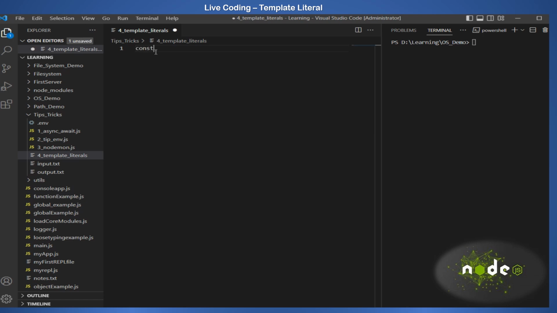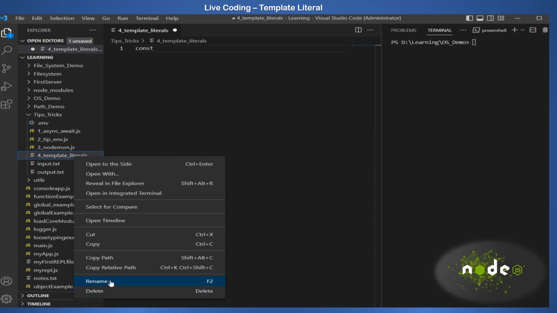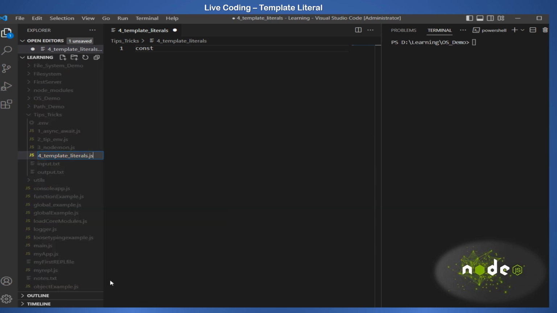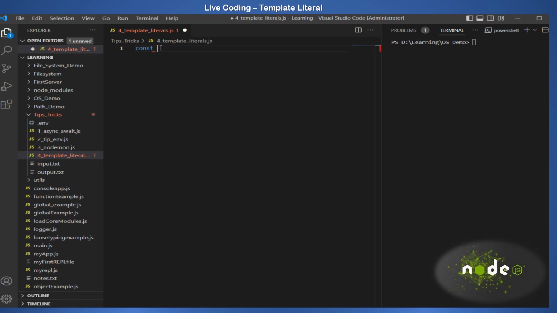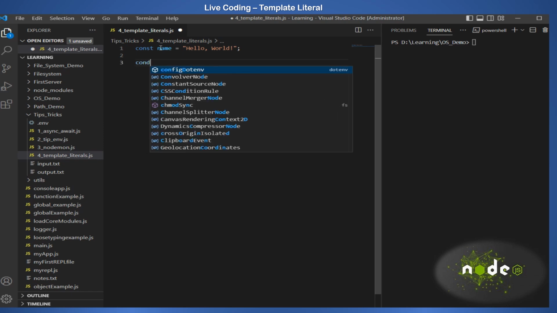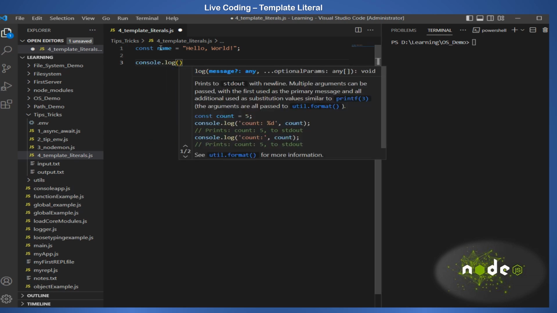So let's create a JS file. It will have const name equal to hello world, and let's use the backtick to see how it's going to work. We'll write console.log,